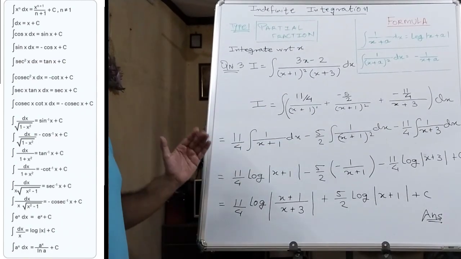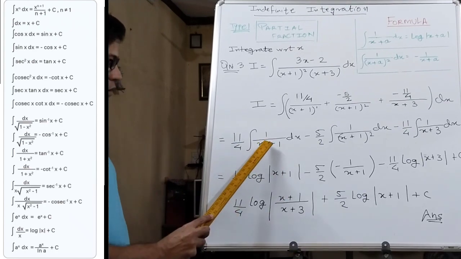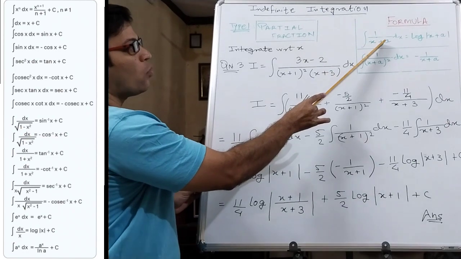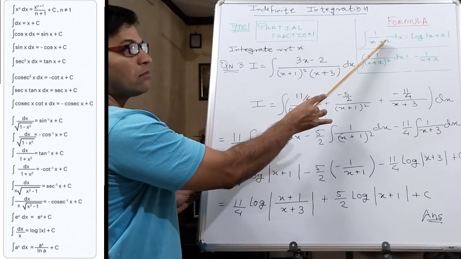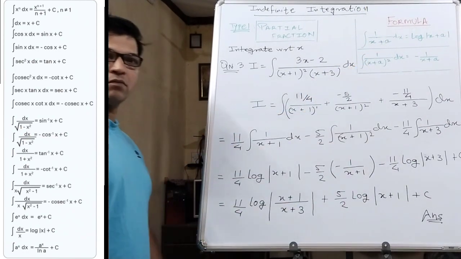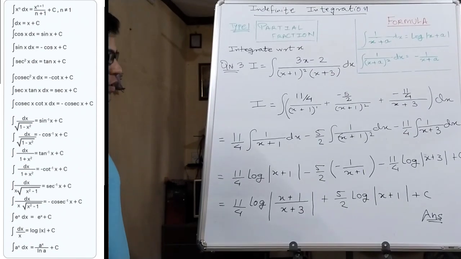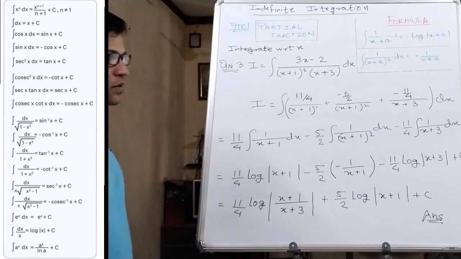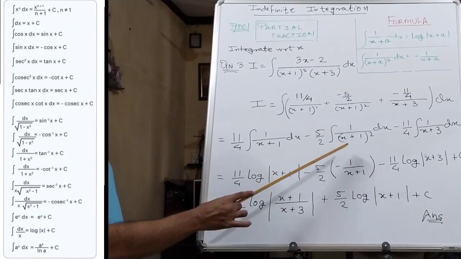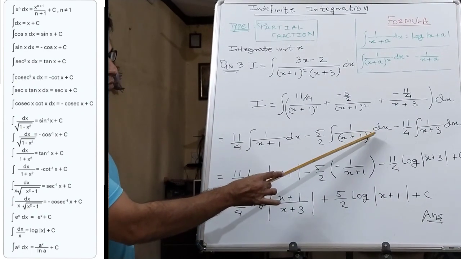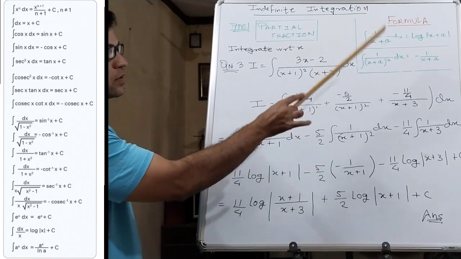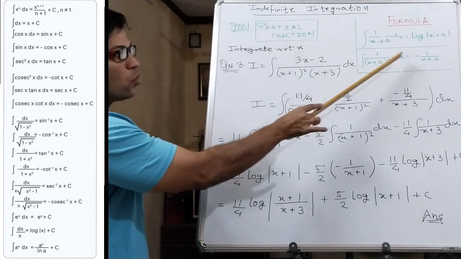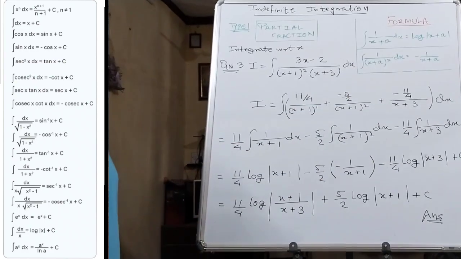so 3 parts हो गए, each part का formula first and third are same, ये देखो 1 upon x plus a, log x plus a, mod positive value, log x plus a, तो इसका हो गया log x plus 1, this becomes log x plus 3, वो solve। second one is square, because of this square formula changes, इसमें square नहीं है, this is only a linear, raise to 1 है ये, इसका raise to 2 formula हो जाएगा -1 upon x plus a।